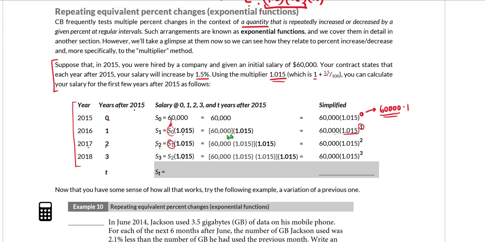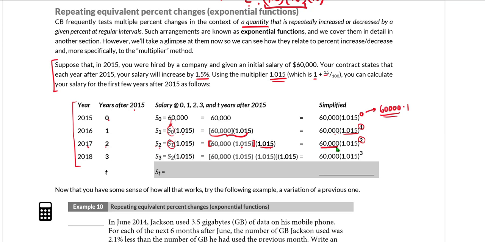So if you look at what's going on over here, you have your 2016 salary right here, and we're just bringing that down here. There's your 2016 salary, and we're multiplying it by another 1.015 because we are increasing once again by 1.5%. So in 2017, to get our salary in that year, we take our initial salary and multiply it once by 1.015 to get the 2016 salary, and then multiply again by 1.015 to get the 2017 salary,